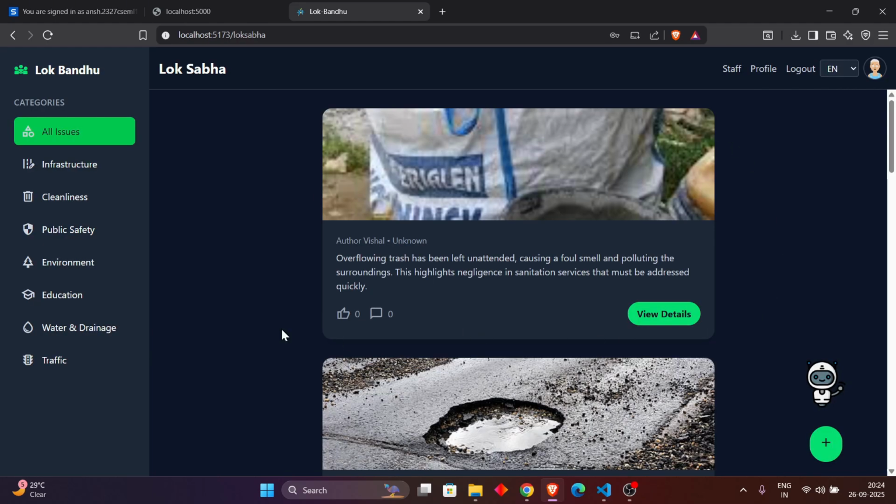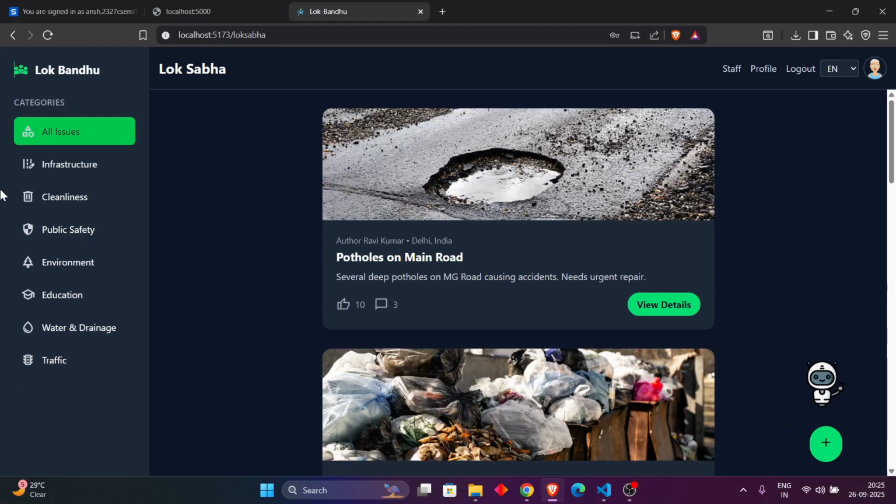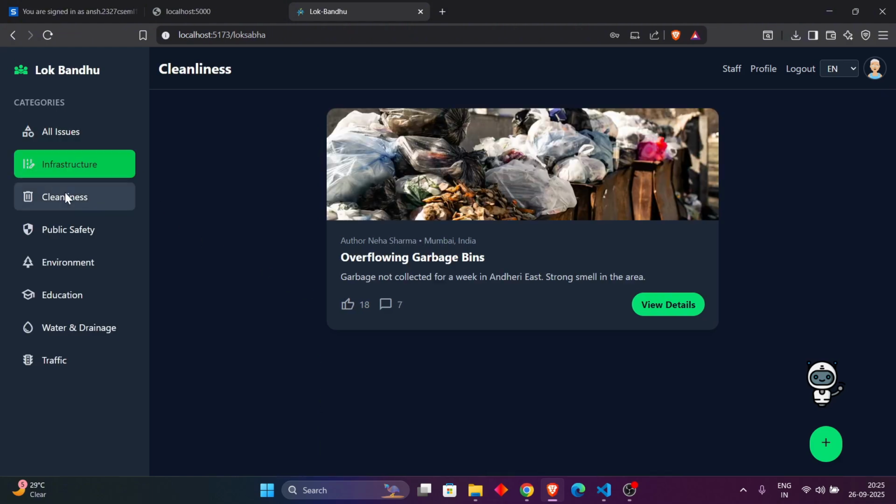Now as soon as I post the complaint, the feed section gets updated with the complaint that was recently posted. These are the categories of complaint which you can make. Now, this is the section which will be provided to the municipalities through which they will be able to track the complaints. This is similar to the feed section I showed you earlier. The difference here is that priority-based and vote-based complaints will be listed here. These are the categories of complaints.